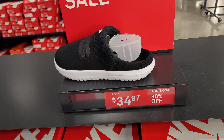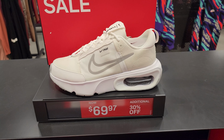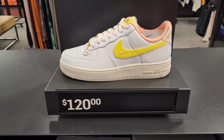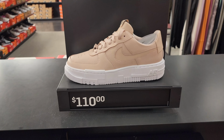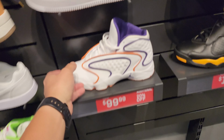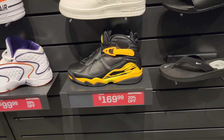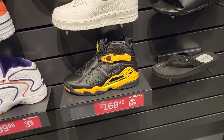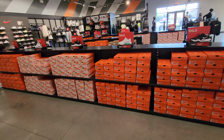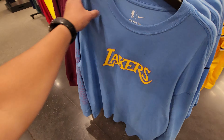I always forget to check the Nike Burrows, Air Force One Shadows. What the heck is this? Air Max, huh? Interlocks? Air Force Ones, Ever Non-Lose, Pixels right here, Daybreaks. Got a couple Jordans right here, the OGs, and then the 8s right here. You get an extra 20% off on top of that. Vapor Max 2021s, another one of those. Got running shoes and stuff. Nothing too crazy though. All right, checking out the clearance